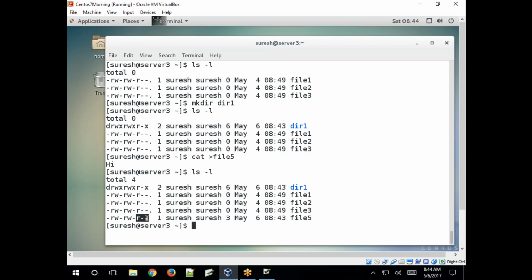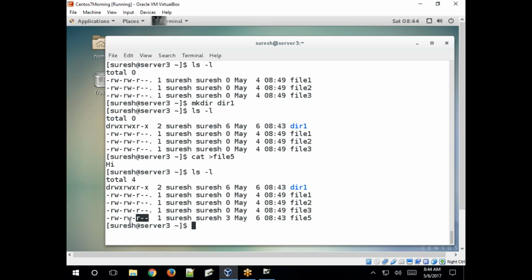Okay. So basically, if you log in with a normal user account and create files, the default permissions for directory is 775. 7 means read, write, execute: read 4, write 2, execute 1, and the total value is 7. 775.